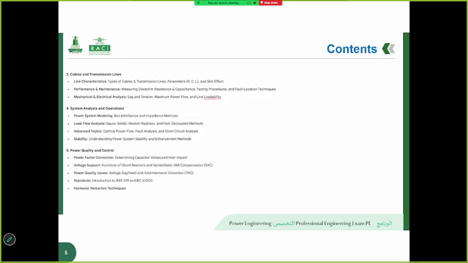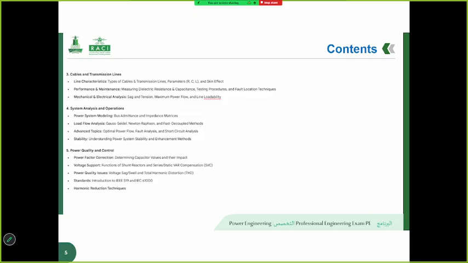Then in system analysis and operation, this part of the presentation is dedicated to the analytical and operational tools used in power system engineering. Including power system modeling, we will explore how to model power systems using bus admittance and impedance matrices. Load flow analysis, I will explain the different methods for solving load flow problems, including the Gauss-Seidel, Newton-Raphson, and fast